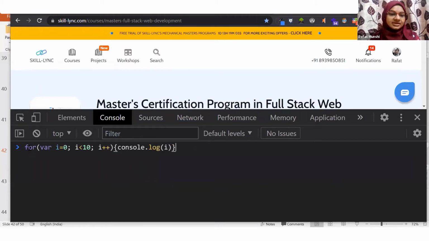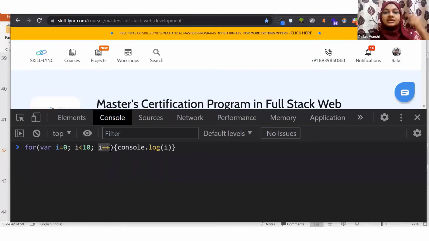So what I did is I created a for loop. Starting with my i equal to 0, any variable, instead of i you can put j, k, l, m, n, o, anything. You start from 0 and you want to go all the way to 9. So i less than 10, obviously 9 is less than 10, that is the maximum it can go to.